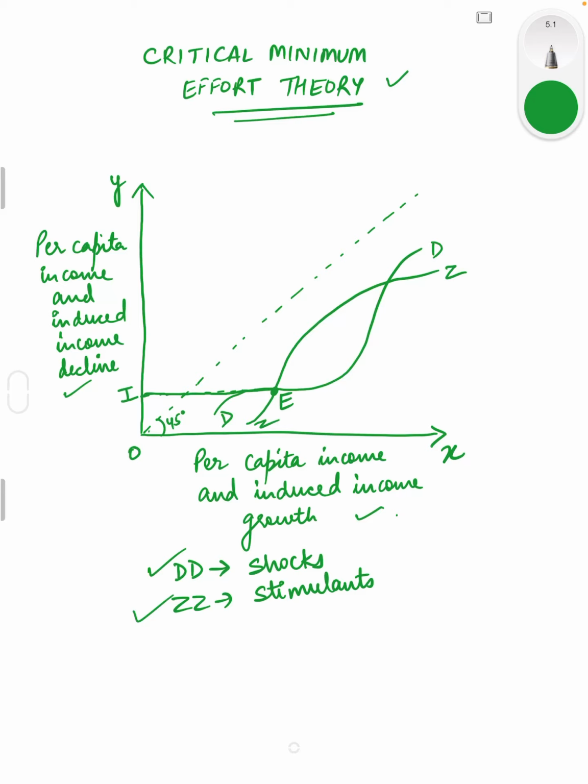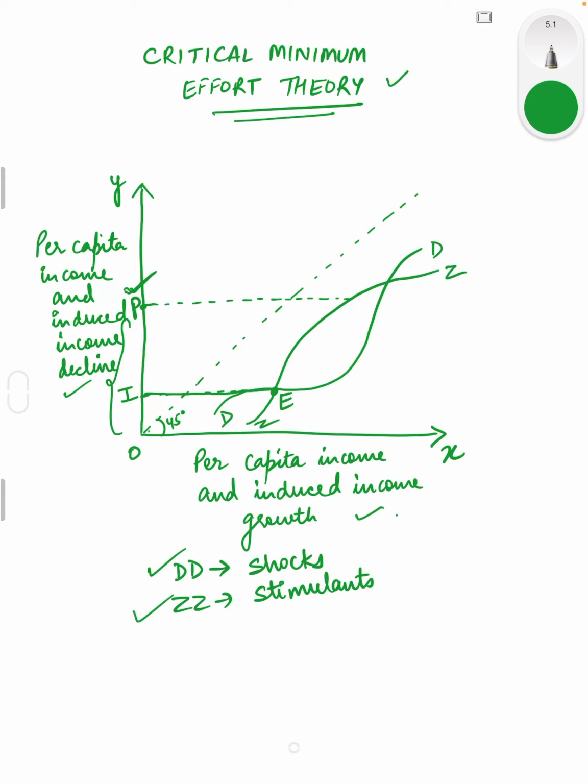Now when some amount of investment was put in, let us say it increased the income to this level OP. Right, can you see this point OP? I have marked this point OP. So when some amount of investment was put into the economic system, it increased the income level to OP. Now at this income level, we have to see whether this investment is helpful or not. How will we see that? We will see through the impact of shocks and stimulants.